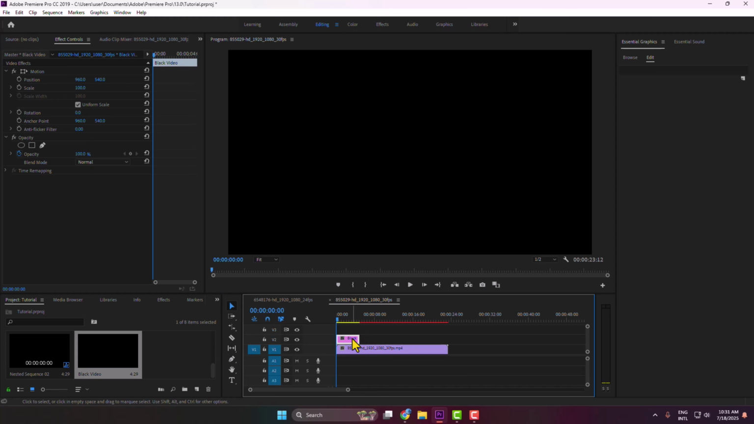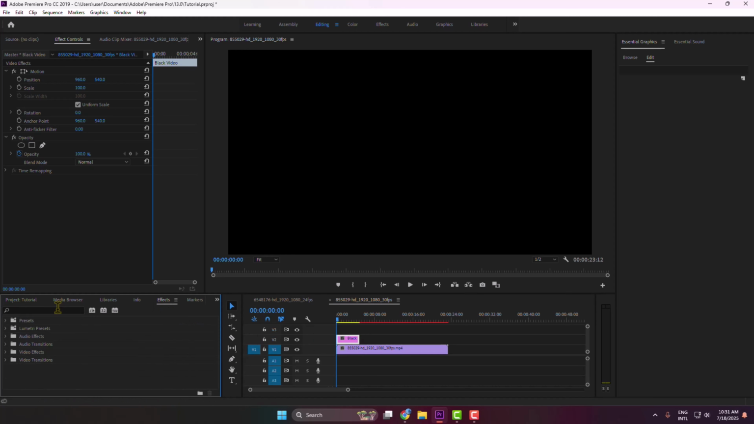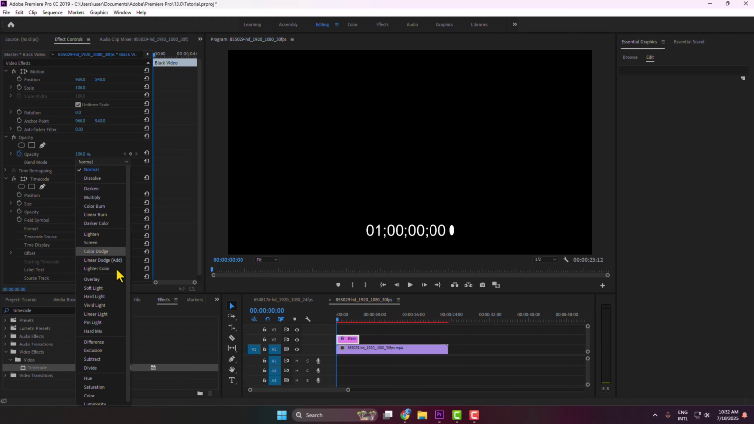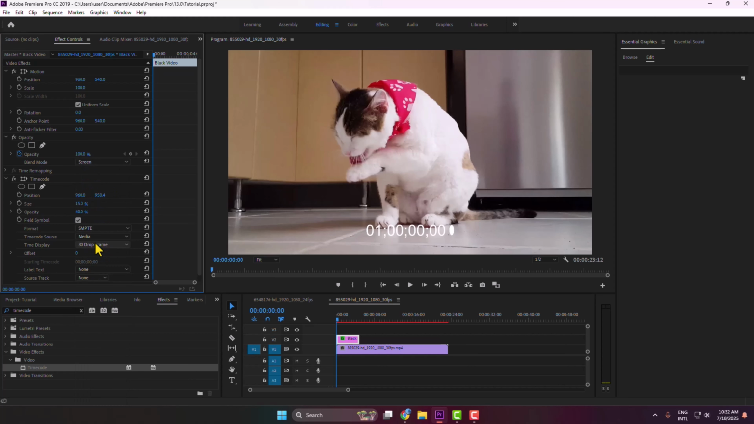And then select the black video and click on effects, and in effect search for timecode and add the timecode effect to the black video clip. Then select the black video clip, go to effect controls, and here click on this blending mode, select screen, and